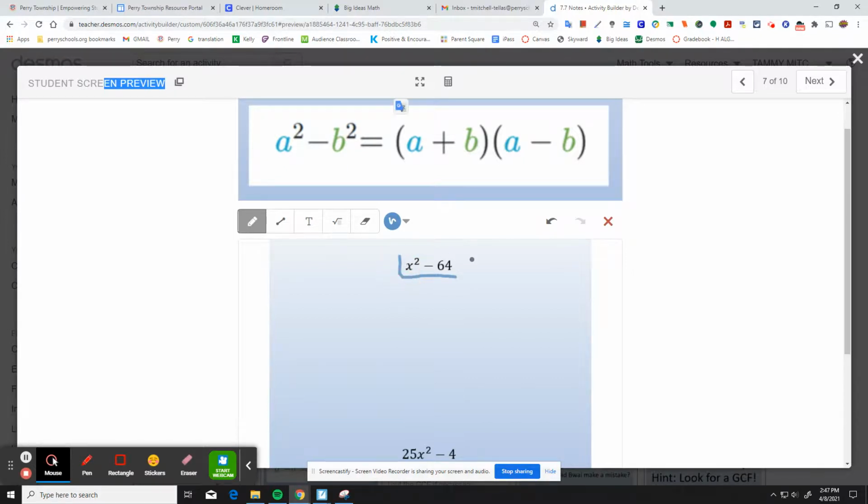So if I had a 1, well, 1 times 1 is 1, x times x is x squared, and 8 times 8 is 64. So those things are all squares. So I know for a fact that this is going to be a difference of squares problem. So if you take a look, all you have to do,